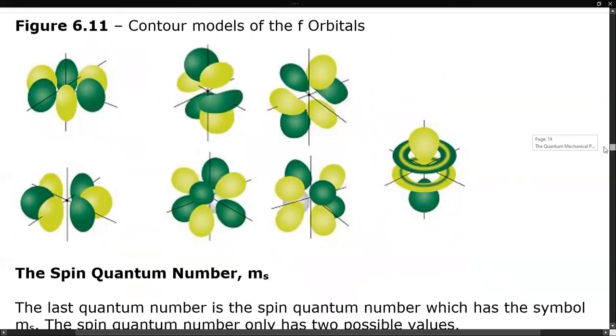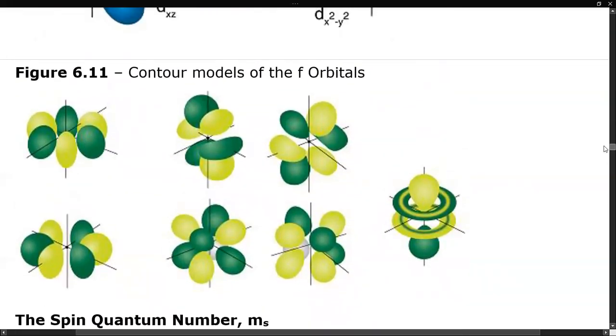The f orbitals have more complex shapes with 6 lobes, where one of the f orbitals looks like a p orbital with 2 donuts. So those are your f orbitals. Again, it's not art class, but I'd be able to pick the orbital out of a lineup.